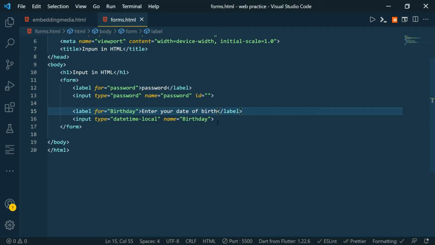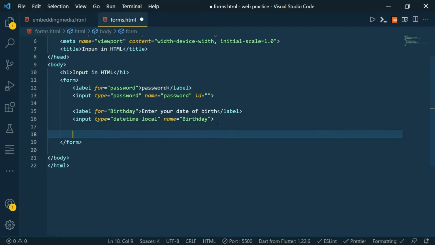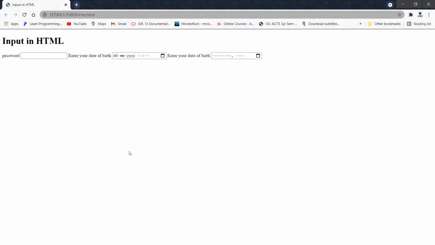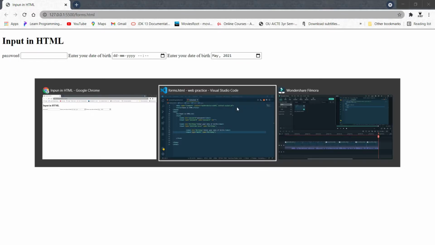The next attributes are a series of date and time attributes. We'll just copy this and paste it here, remove this and type month. If we want to just take input as the month of birthday, we can select the month here, like May.